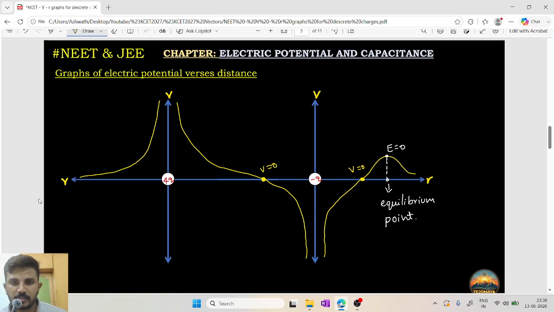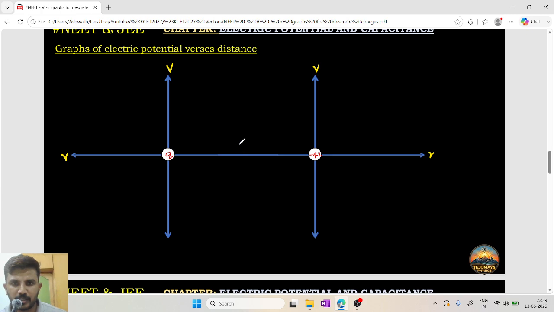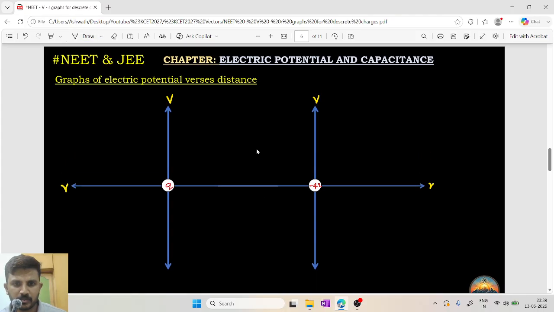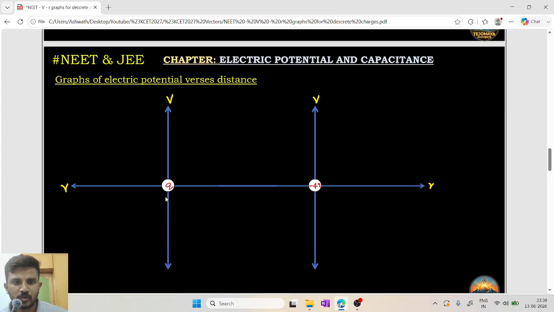And what about the next case? Here, try solving this on your own. You can write this down. So here we have q and here I have minus 4q. For q, the graph will be like this because it is a positive charge. This side also starts like this, but here actually